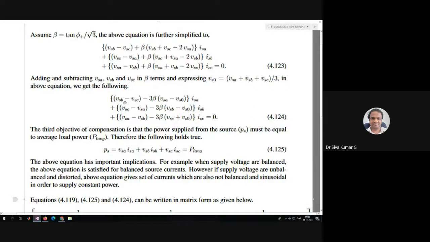And these expressions of VSA and VSB, we can express in VS naught also. For that, we substituted here VSB plus VSC is equal to 3 VS naught